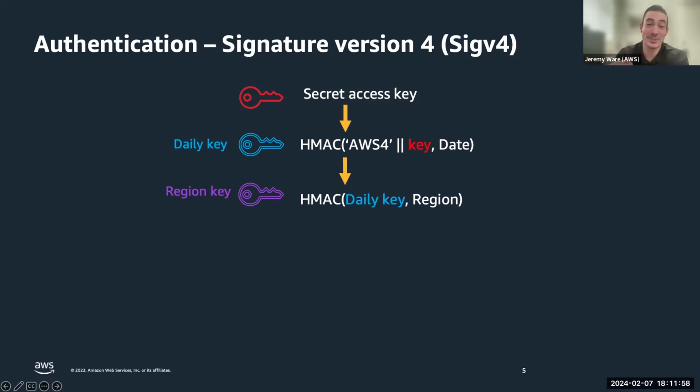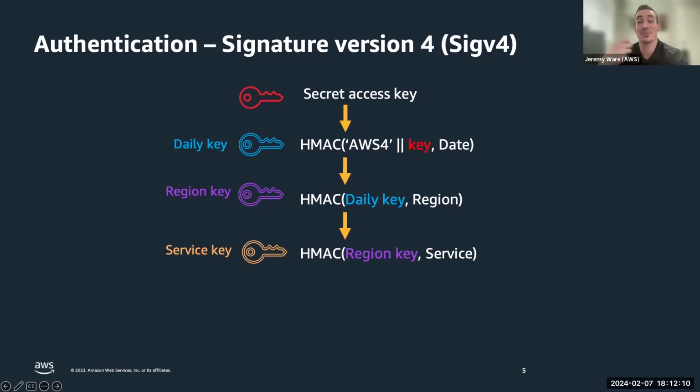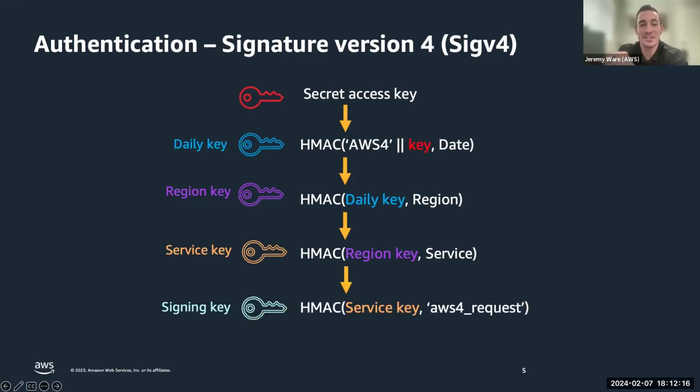We then wrap it again with a regional key. So let's say it's a Cognito running in US East 1. That would be the regional key for US East 1. And then we add the service key. So in this case, my example, I'm actually calling Cognito. So now we're going to implement the key that's tied to that service. And then lastly, we're actually going to get the signing key. And that's where we take the HMAC of the service key, wrapping the regional key, the daily key, and the original secret access key. All of this to say, we have layers and layers of envelope encryption so that if anyone were to try and break this down, it would just take a long while, right? It's not impossible, but by the time it was done, the request would no longer be valid.